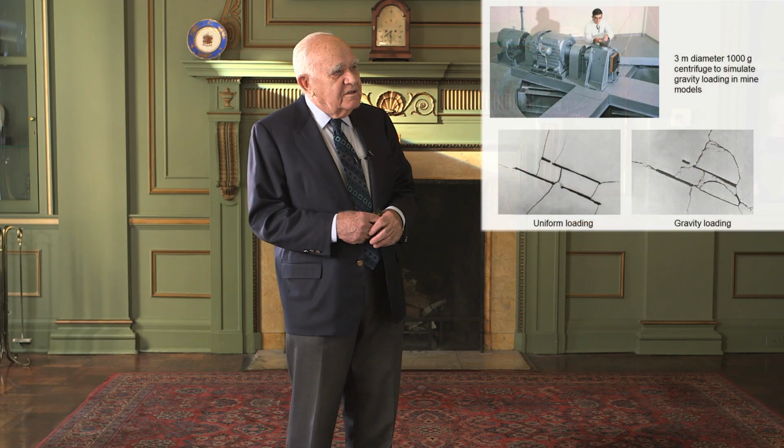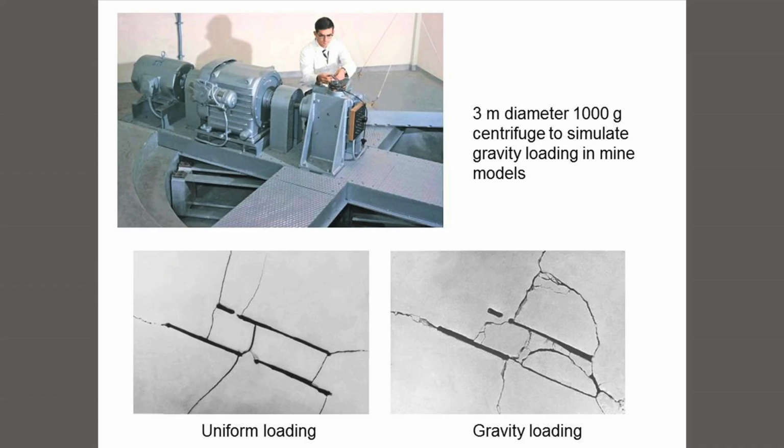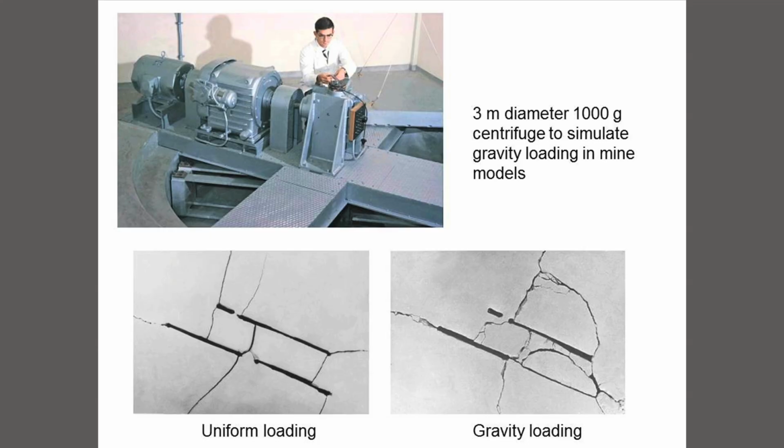And this is a centrifuge built in about 1960, 3 meters diameter, 1,000 G capacity, so you could increase the gravity on a model by a factor of 1,000. And you see in the lower part of the slide a plaster of Paris model of a mining sequence with uniform loading on the left and gravity loading on the right, and the failure patterns are quite different, as you would expect. And so these kind of tools helped us a great deal in understanding how failures propagate in intact